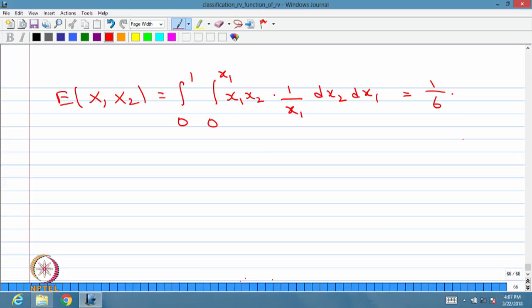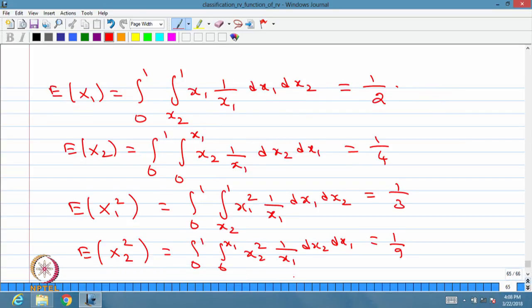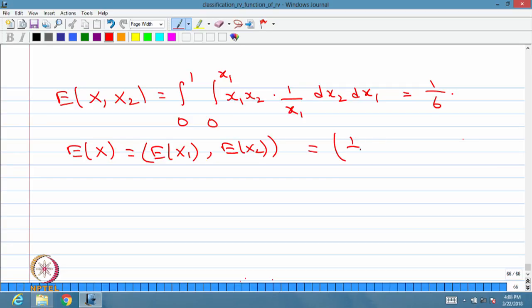So now we are going for the next result, that is expectation of a random vector. That is a vector whose elements are expectation of x1 comma expectation of x2. Already we got the result, expectation of x1 is 1 by 2, expectation of x2 is 1 by 4. Therefore, this vector is 1 by 2 comma 1 by 4. The next is finding the covariance variance matrix. Since we have only two random variables, it is going to be 2 cross 2,